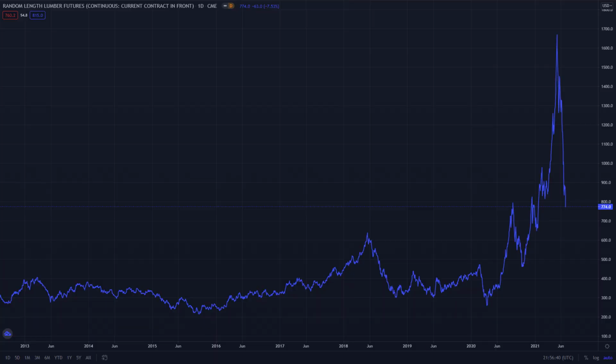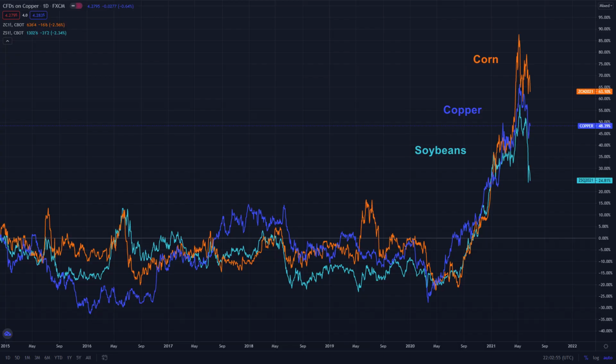inflation. It's a topic that's been on everyone's mind ever since we started seeing things like the price of lumber resemble the chart of a crypto or meme stock going absolutely vertical this year. And it's not just lumber. Take a look at copper or corn, soybeans, used car prices, home prices. They're all going up, and it seems inflation is everywhere.